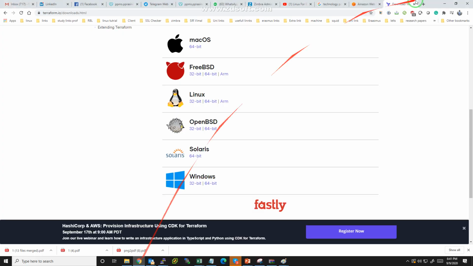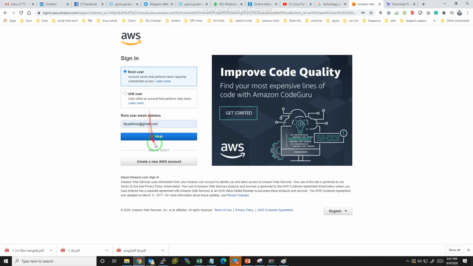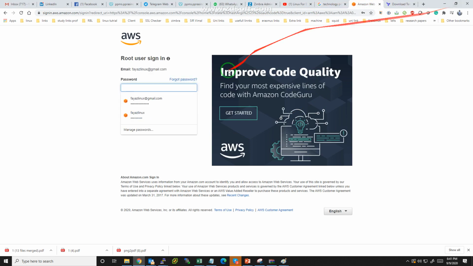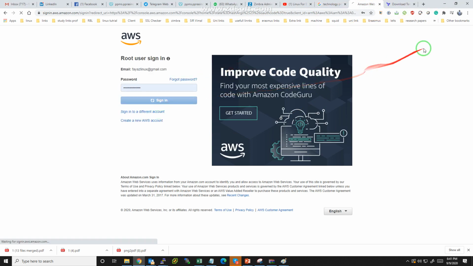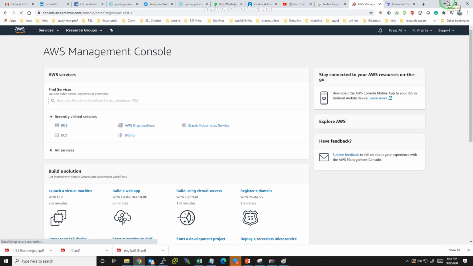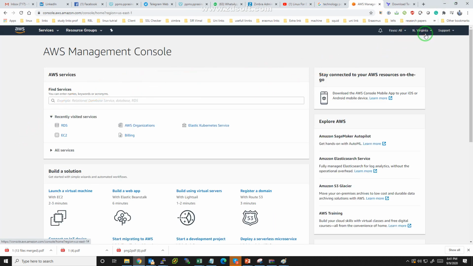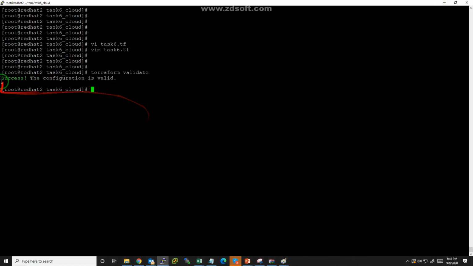Once it's validated, let me show you my AWS console, and after that I will show you whether RDS is launched over there right now or not. I am right now in Virginia, US East 1, and I am going to click RDS, and now my code ran successfully. It means the code is written correctly.